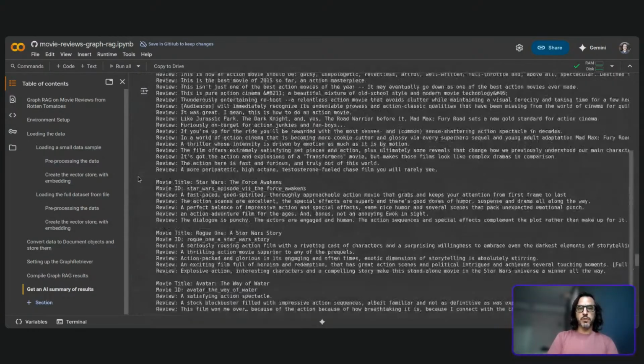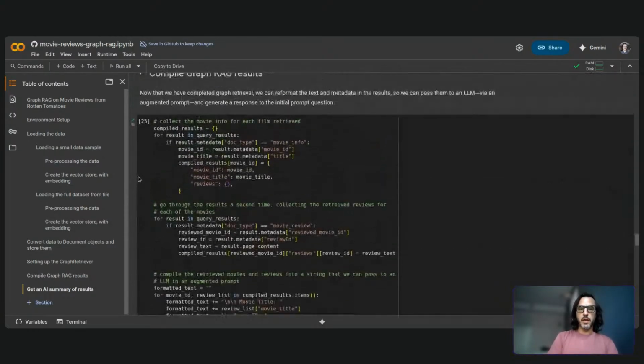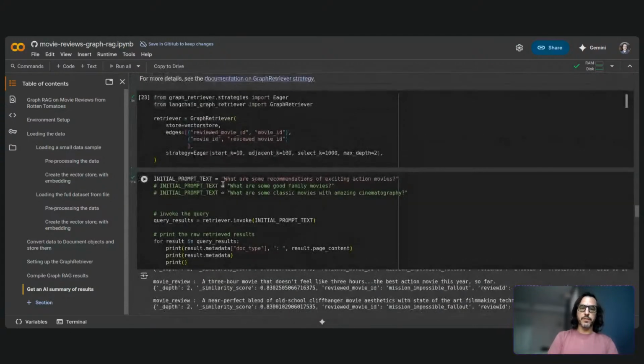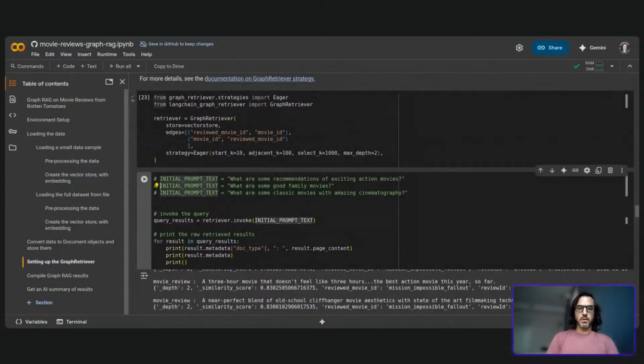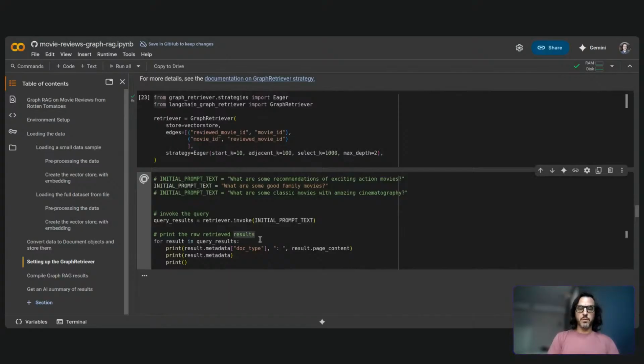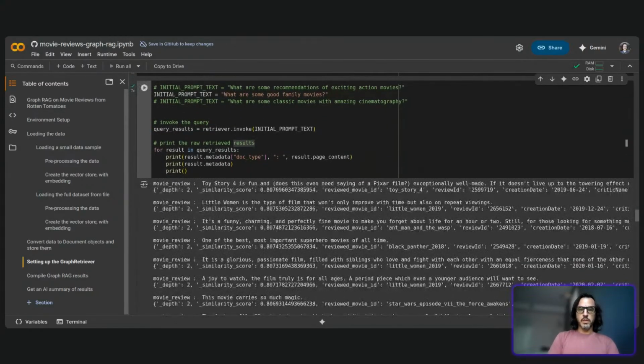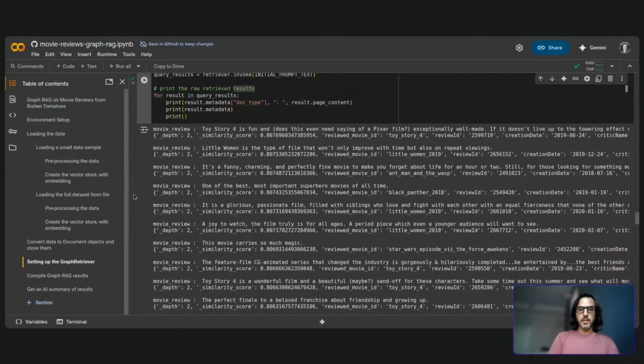Let's run through one more time. This is the type of thing to do live, not for the first time, but I haven't done it in a little while. Let's try the family movies and see what happens. If I use the family movies as the initial prompt, we're not going to get Mission Impossible back, I hope. That seems like not the type of movie we're looking for right now. And so let's see, Toy Story, Little Women. Yes, these are